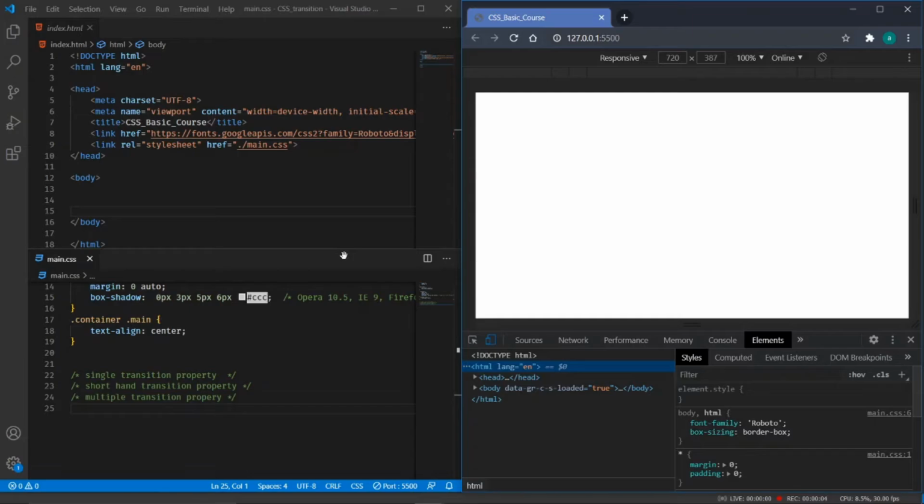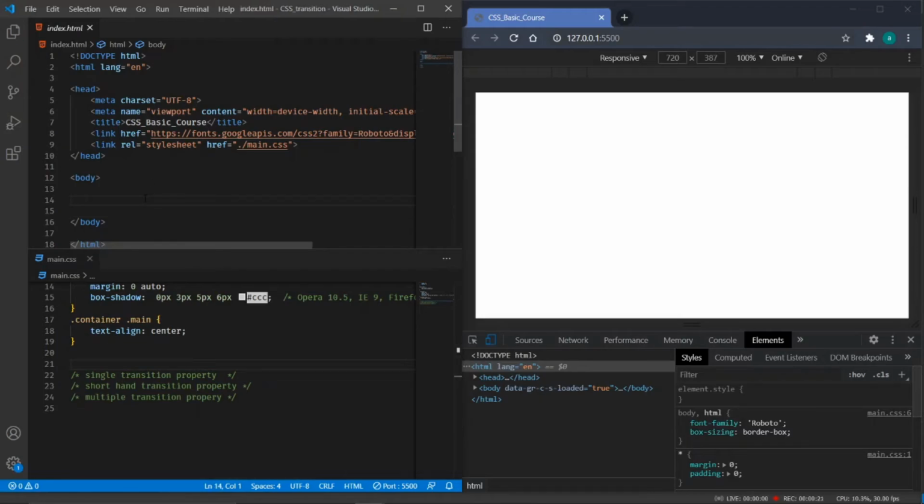So we are back again with a coding session of CSS animation. In that we have used transitions. So in this module we will cover the single transition property, shorthand transition, and multiple transitions. Before diving into the CSS code, I will just have some HTML code ready. For that I will use a container and a main and a simple class of